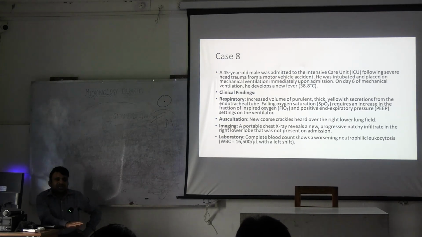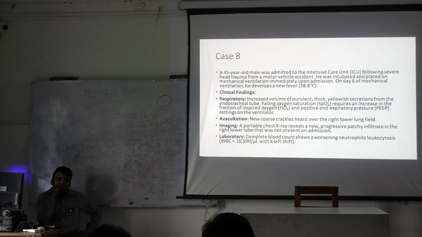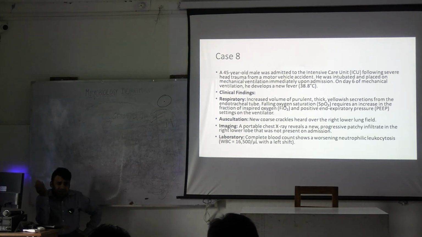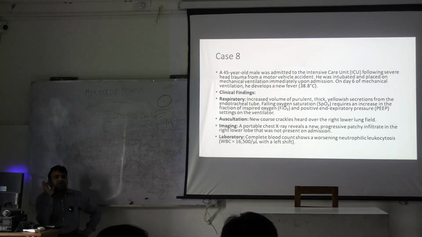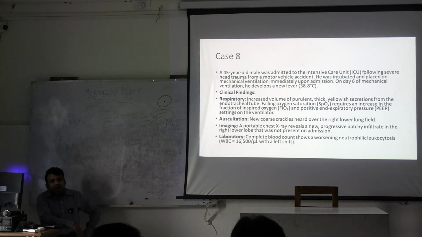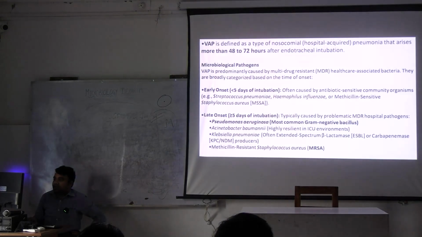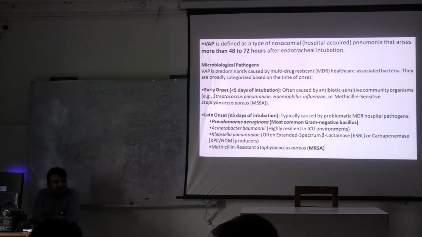একটা পেশেন্টের অক্সিজেন স্যাচুরেশন পড়ে যাচ্ছে, রিকোয়ারমেন্ট বাড়ছে, ইয়েলোইশ অ্যাসপিরেট হচ্ছে, ব্লাডের সেল কাউন্ট বাড়ছে, কি হচ্ছে এটা? লাংসে ফাইন্ডিং পাচ্ছি, কি মনে হয়? LRTI বা নিউমোনিয়া। কখন হচ্ছে? 6 days আফটার ভেন্টিলেশন। তাহলে সেটাকে কি বলা হয়? কি বলে? এটাকে বলা হয় ভেন্টিলেটর অ্যাসোসিয়েটেড নিউমোনিয়া। আরেকটা কথা বলে দিচ্ছি,